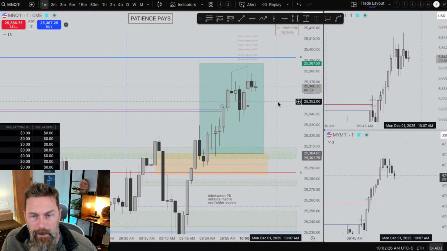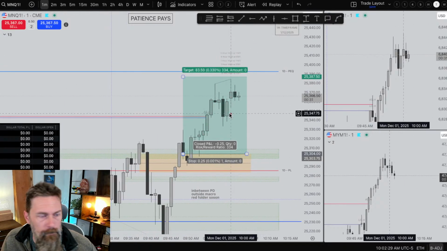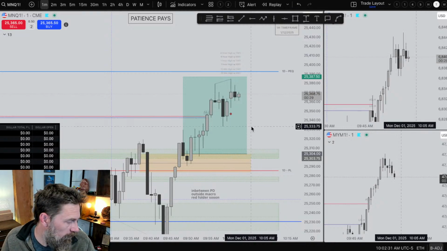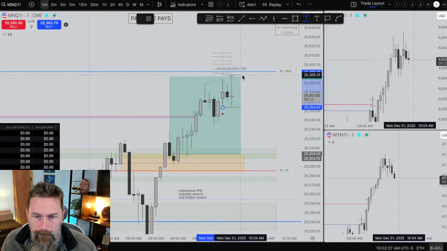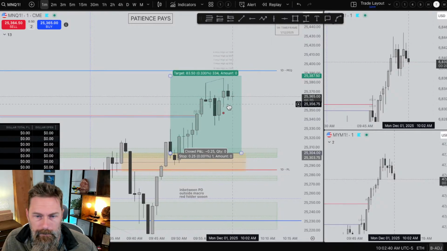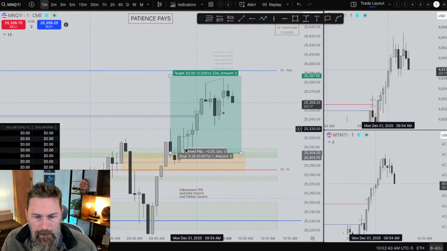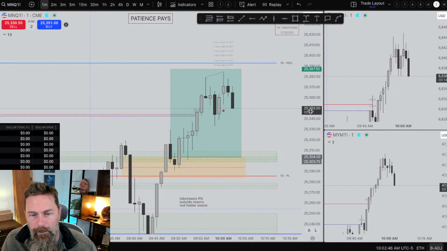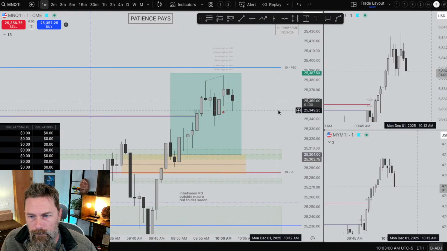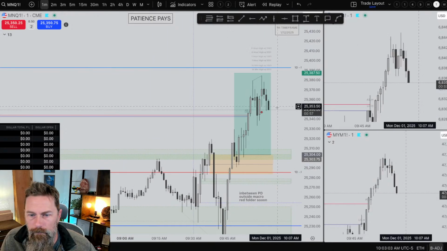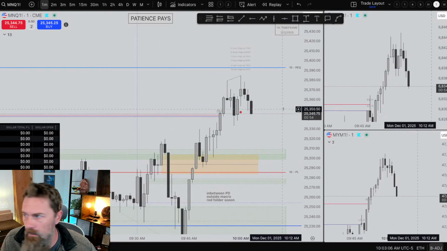So this red folder did nothing. It was PMI, which isn't typically a big mover, but usually probably more than that, because that was like 140 ticks. You can see bigger candles in this run right up here. All right, so I want to hide this real quick. I'm actually kind of interested in